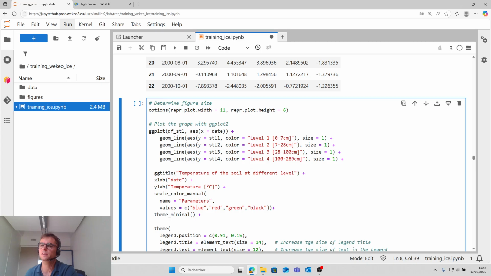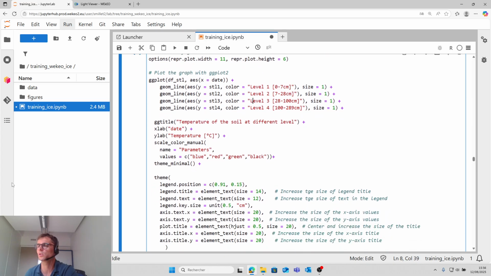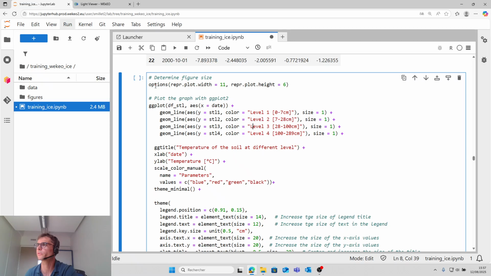So here is the cell to create the plot. First we determine the figure size option, and then we use ggplot2. We put the data frame here, and we put with the line the soil temperature at level 1, so it is between 0 and 7 centimeters.